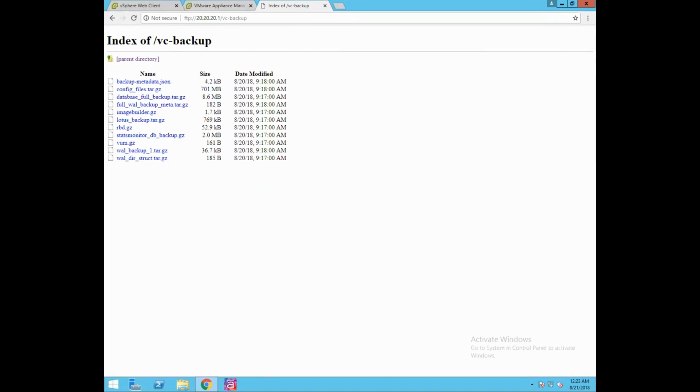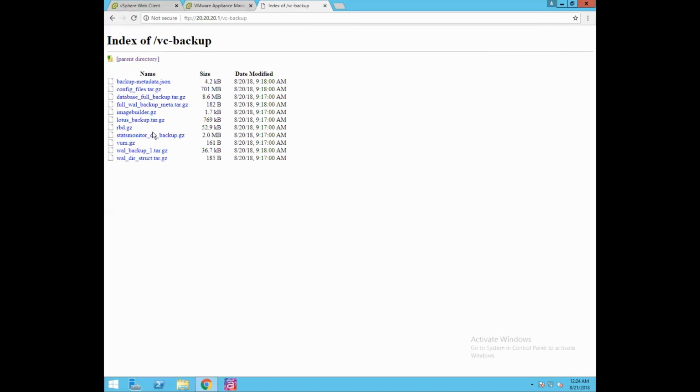compresses the bundle, right? So you could see there are a lot of files like the backup hyphen metadata.json file, which is a metadata file of this backup, which takes care of integrity of the data. We have a database full backup.tar.gz file, image builder. So there are a lot of files. As you could see, all these files are compressed in a gunzip format. So this first part of our lab shows that we have successfully taken the backup of our VCS appliance, and files have been successfully stored at our backup folder.